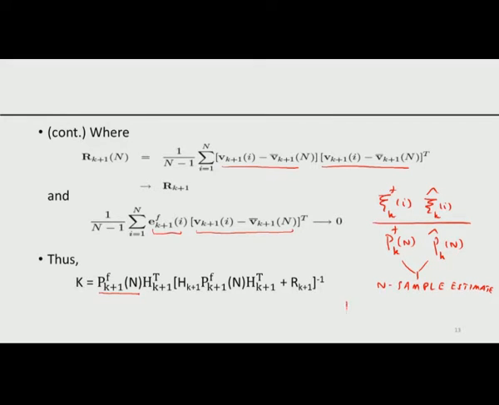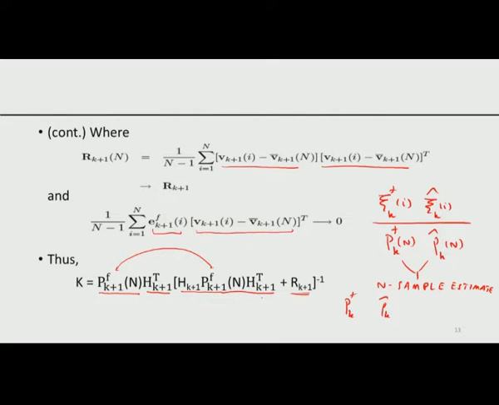If I say P_k^f, that is the actual forecast covariance. If I say P_k hat, that is the actual analysis covariance. If I attach an N to them, that is an estimate. So this is the N sample estimate of the forecast covariance times H_{k+1} transpose. This is the same formula as comes from linear analysis. These two are the same quantities, the ensemble approximation and R_{k+1}, which we already know.